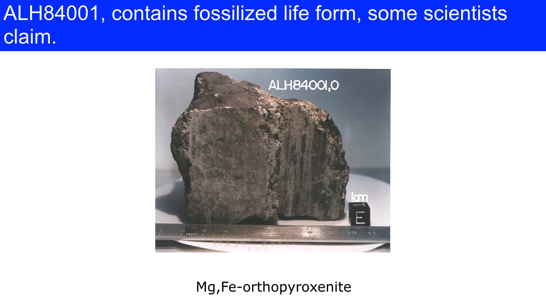And inside the glass spheres, you know what's in there? Go ahead and make a note of this. The glass spheres in Allen Hills 84001, little bubbles. And in those bubbles, the atmosphere of Mars. Yeah, it trapped a little bit of air. The air of Mars, in those bubbles of glass, which formed right after impact.